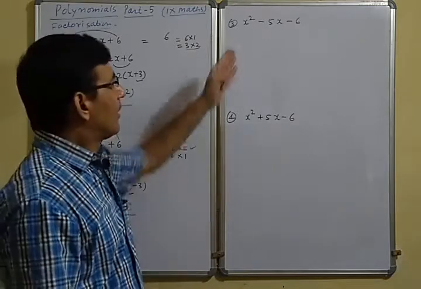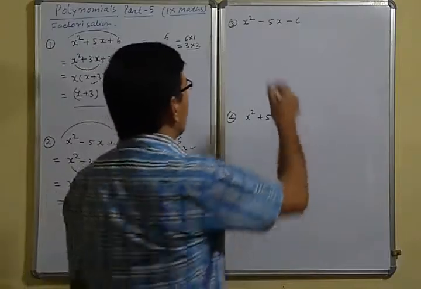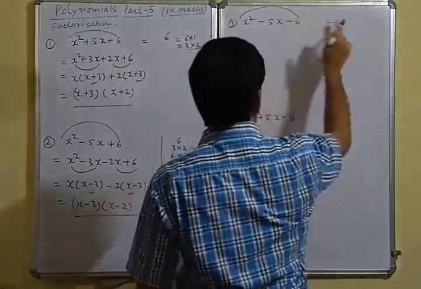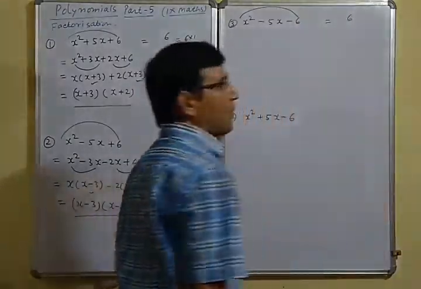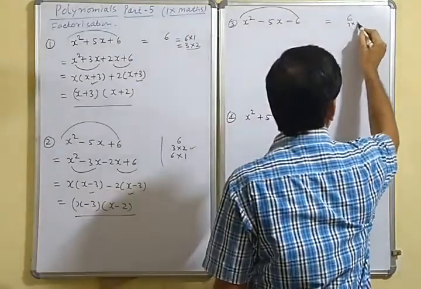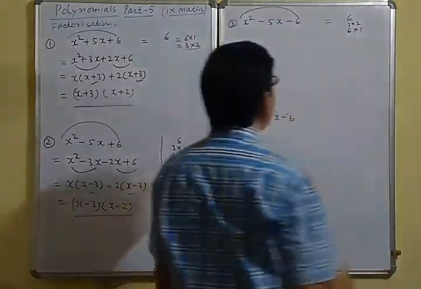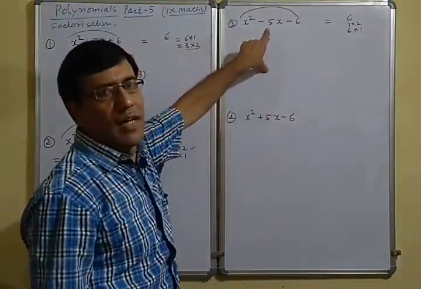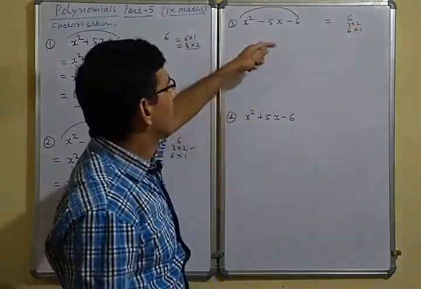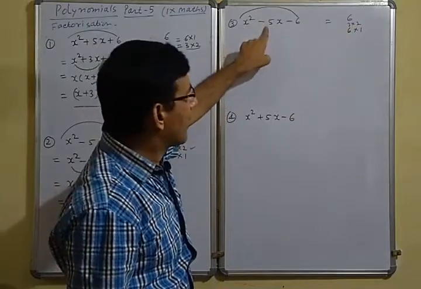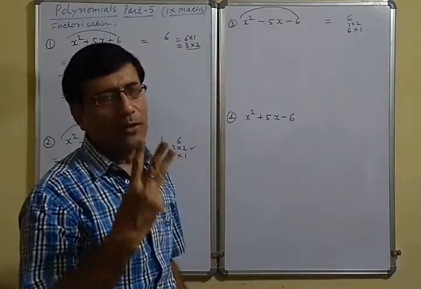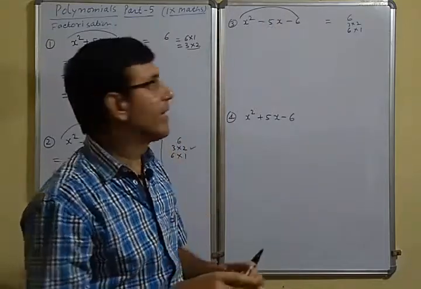Now let us see another example. Here once again a into c is 6, but the sign is negative, so you take it as minus 6. You have to factorize 6, so 3 into 2 and 6 into 1. Then you have to find minus 5, that is minus 3 minus 2. Now let us check the sign. x square minus 3x minus 2x minus 6. All negative signs, so that means it cannot be factorized by taking 3 and 2.